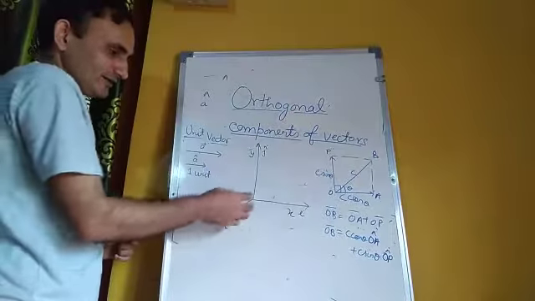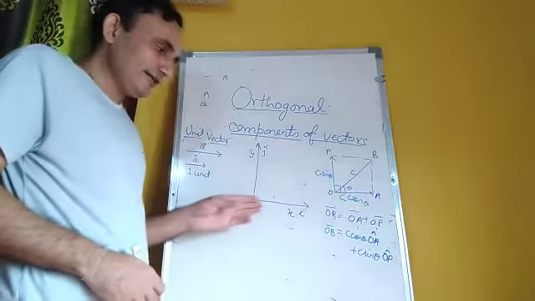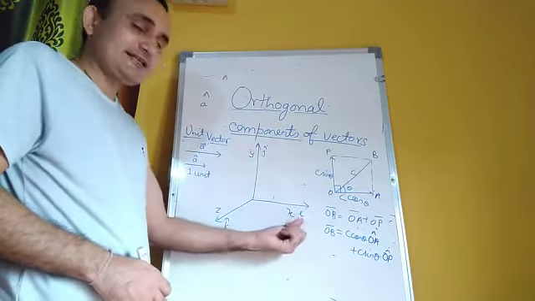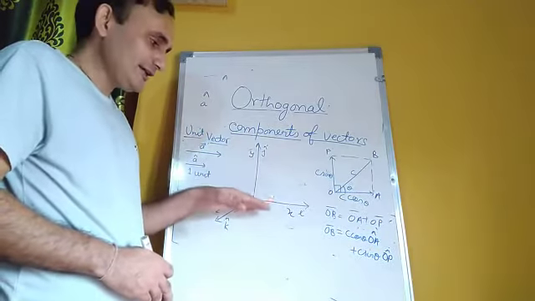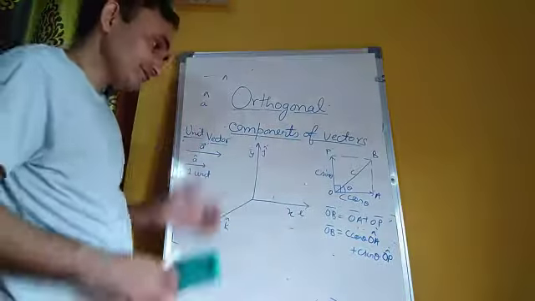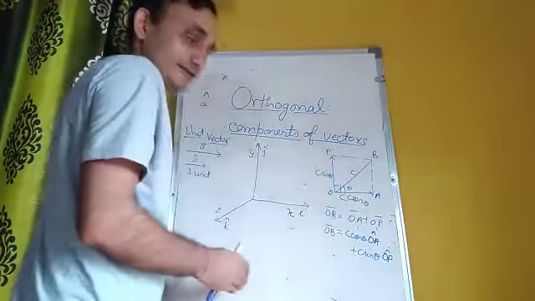So this is our x, y and z axis, and we take unit vectors along its 3 axes. For the x axis we take the unit vector as i, for the y axis we take the unit vector as j, and for the z axis it is k. Again I am reminding you that a unit vector is a vector of unit magnitude that tells us the direction.